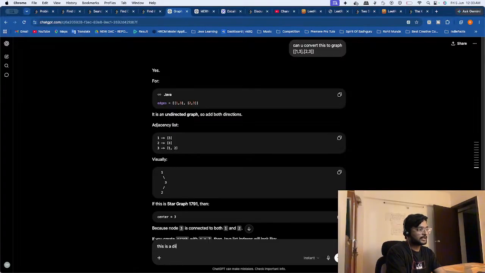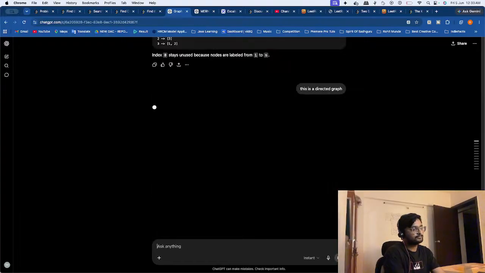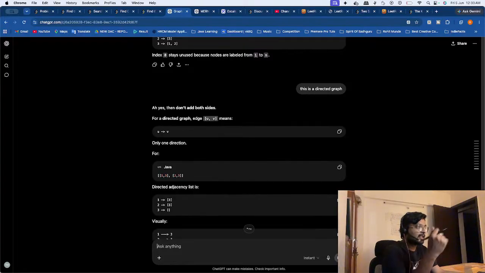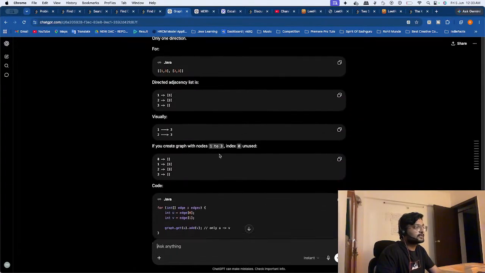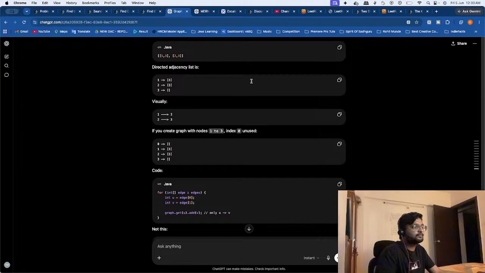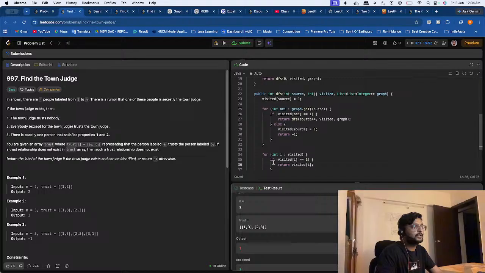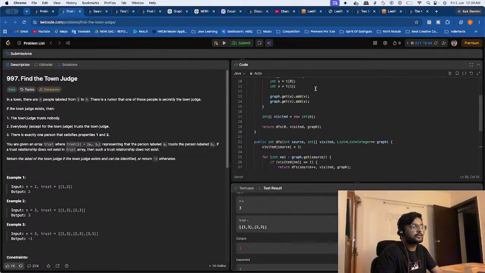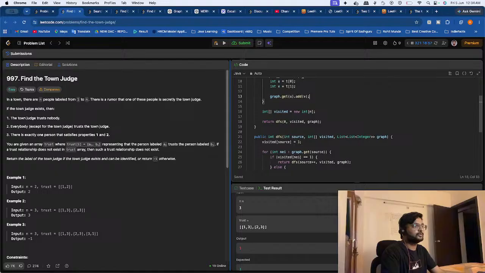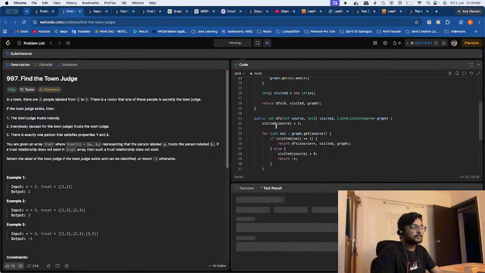This is a directed graph, buddy. So it's seeing. Then don't add both the sides. Yeah, it is correct. Adjacency list. This is not needed यार. ये लिखते समय मेरे को लगा कि ये होगा. ठीक है. Let's give it a try if anything works. No. Okay,